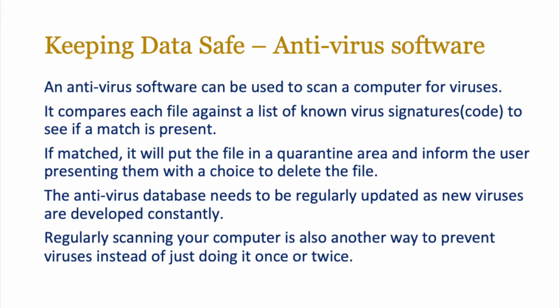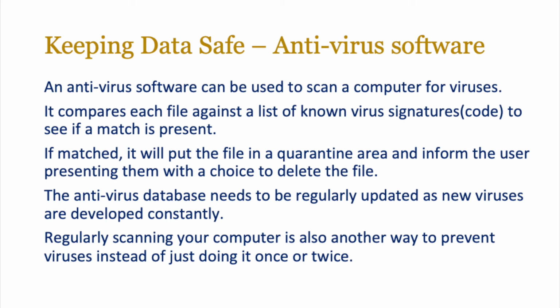Okay, let's start looking at antivirus software. This is part of a group of software which is called anti-malware. So you'll have antivirus, you'll have anti-spyware. They all operate the same way and they deal with different types of malware threats. An antivirus software can be used to scan a computer for viruses. It compares each file against a list of known virus signatures to see if a match is present. Normally, this is stored in a database which you need to update regularly. If matched, it will put this file in a quarantine area and inform the user, presenting them with a choice to delete it. Now, regular scanning with a regularly updated antivirus database is essential to reduce the risk of viruses